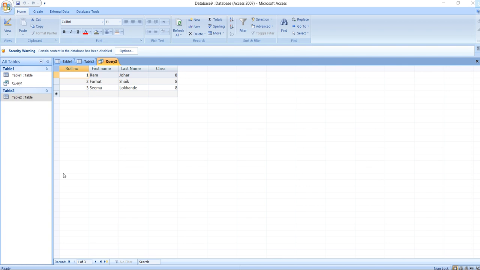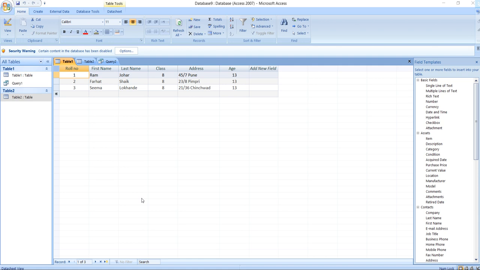Now forms. Our next point of the lesson is forms. What is a form? In general, a form is a piece of paper. Just see, looking out towards us, that is just a piece of paper collecting some information about us. So that is nothing but our form. Now we are going to create a form. So how to create a form? Let us see now.